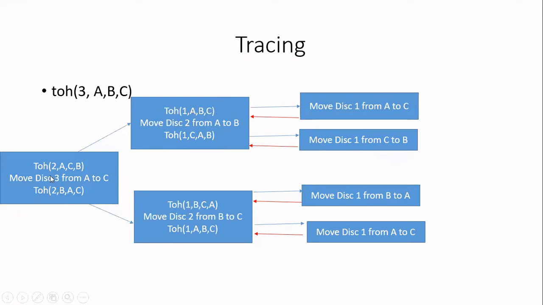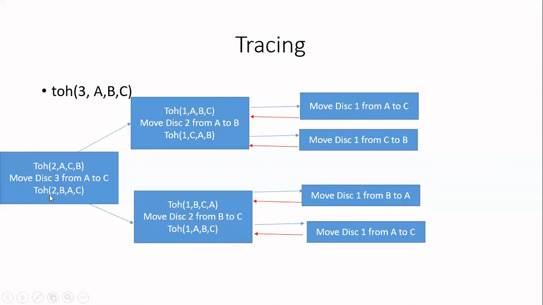What about this part? Similarly, whatever I have explained so far, likewise you have to run these steps also. Now here I have n as 2. So I have to move n minus 1 disks. So I am writing 1 from source to the auxiliary. Source is B here and auxiliary is A. So in source I will write B, in destination I will write auxiliary A. Then move the nth disk from source to the destination.